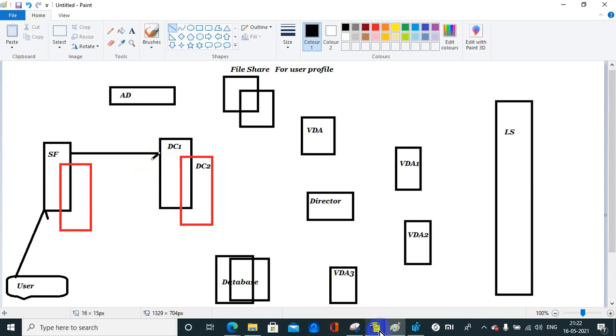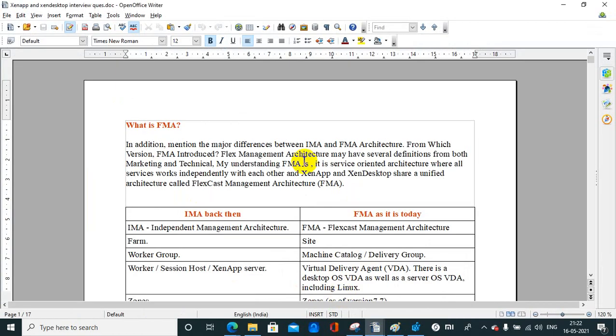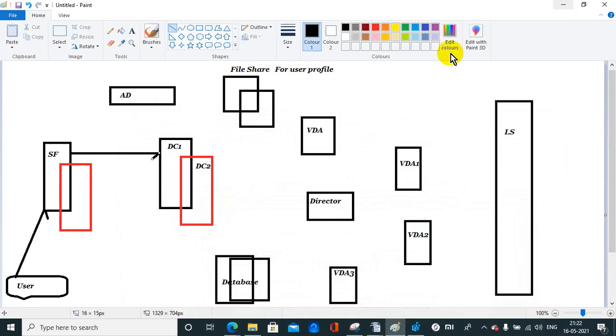I have provided the detail in this document also. I will also share the video for that, but I am just telling you, keep in mind how Citrix will communicate. The DC will be connected with your AD. Then the DC will send the detail to Active Directory, and Active Directory will check that the user is in the list.